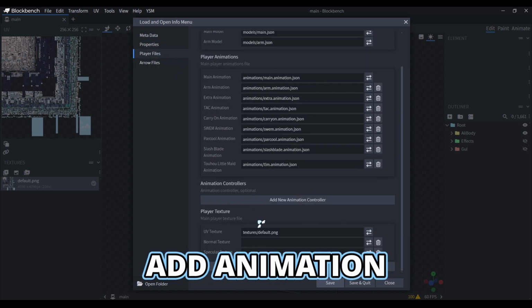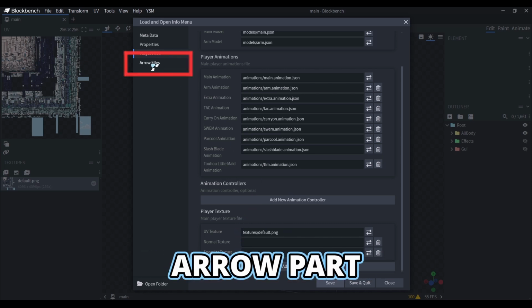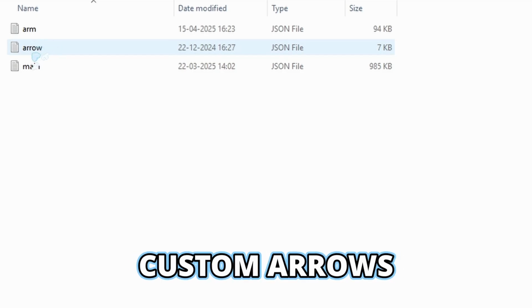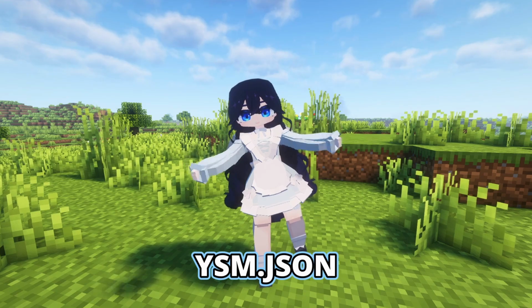You can also add animation controllers and add all the textures your model may have. In the arrow part, you can do exactly the same as in the player files, but only if you have custom arrows. When you've finished, you can press save, which will update the ysm.json